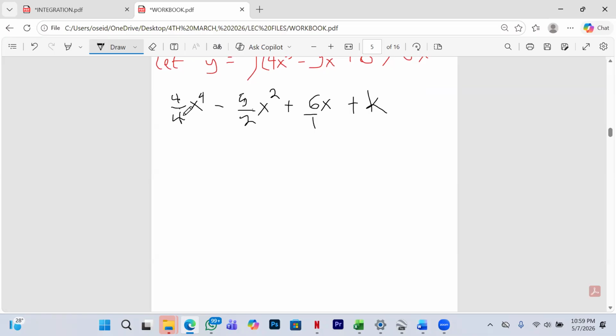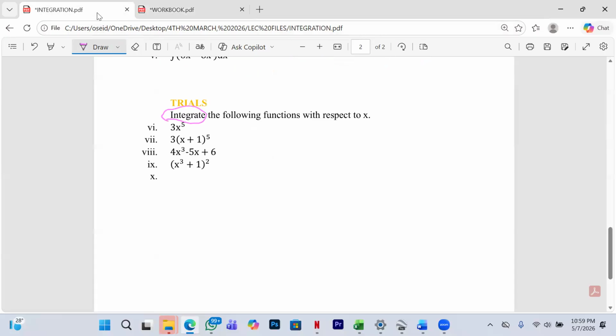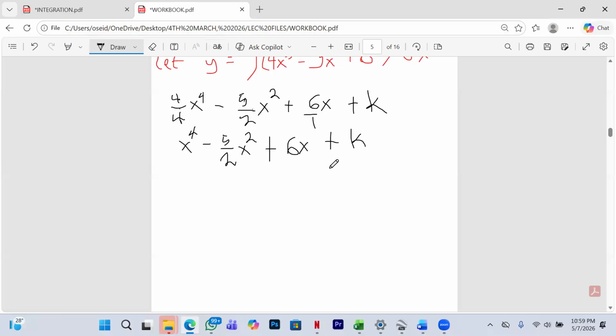So let's take note. We are going to get x exponent 4 here, because 4 will go into 4, 1. Then 5 over 2 x squared plus 6x plus k. That's our final answer. Any question? Any question, please? So if there is no question,